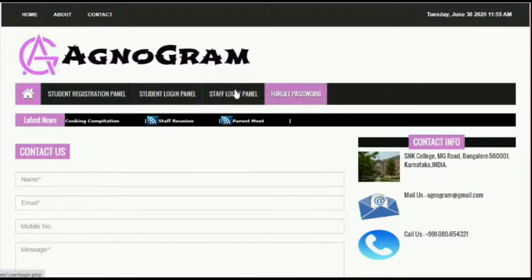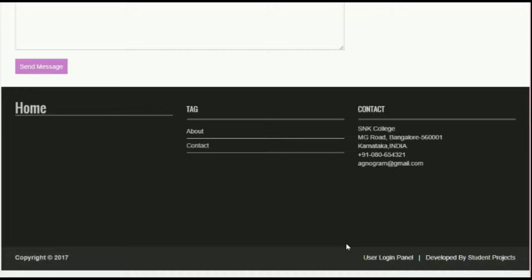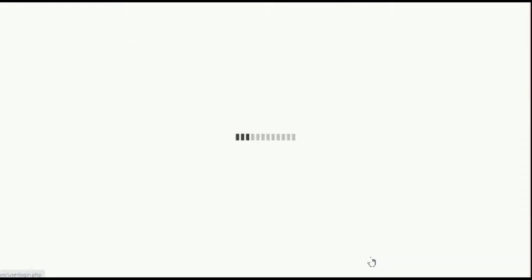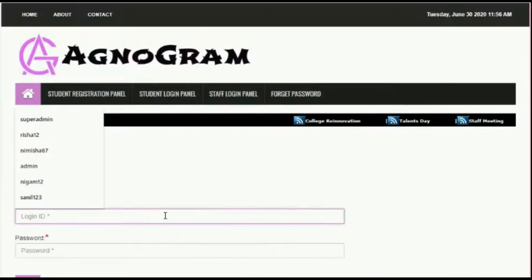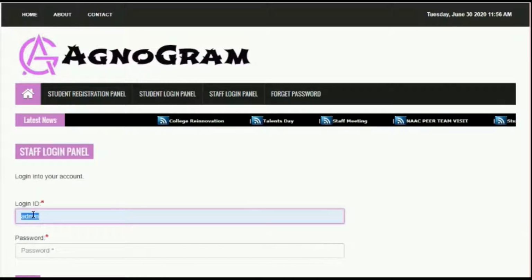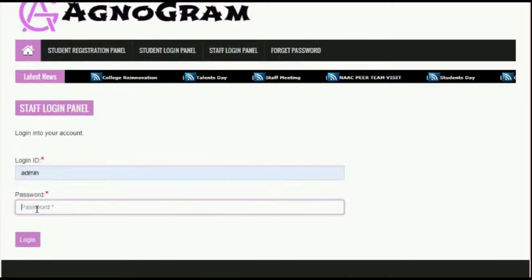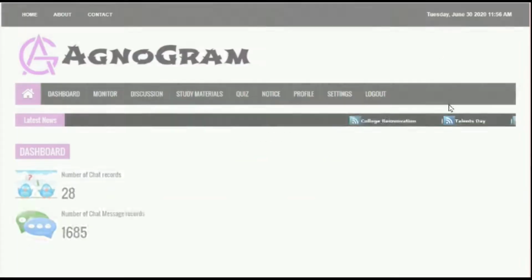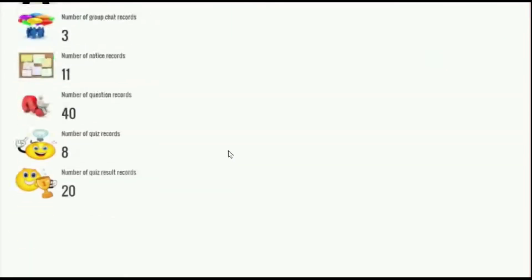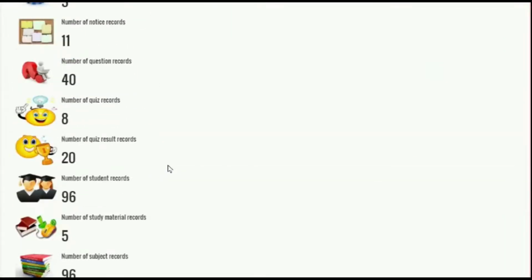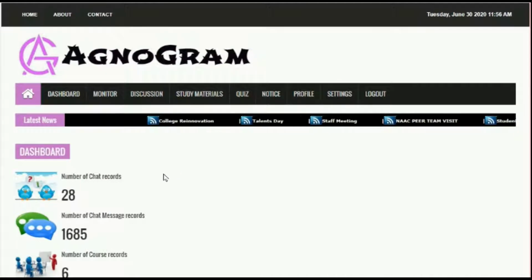We also have the Student Registration Panel, Student Login Panel, Staff Login Panel and Forgot Password panel. Let us log in as admin, that is by entering the login ID and password. As the admin logs in, a dashboard is available which contains the number of records present in the database.